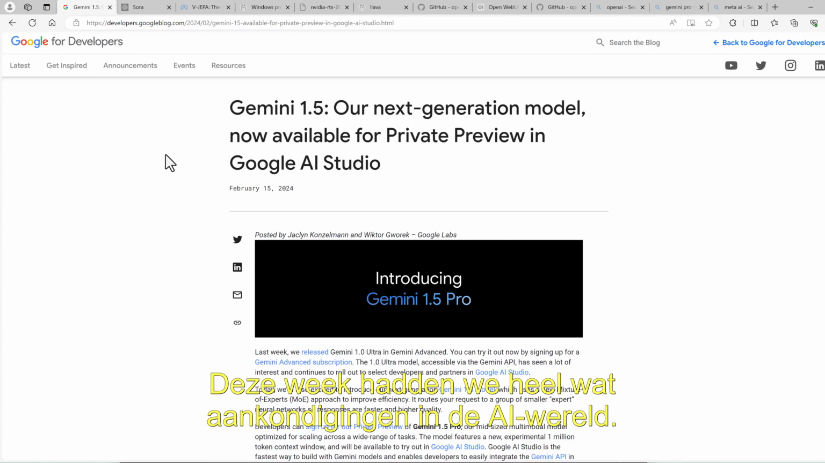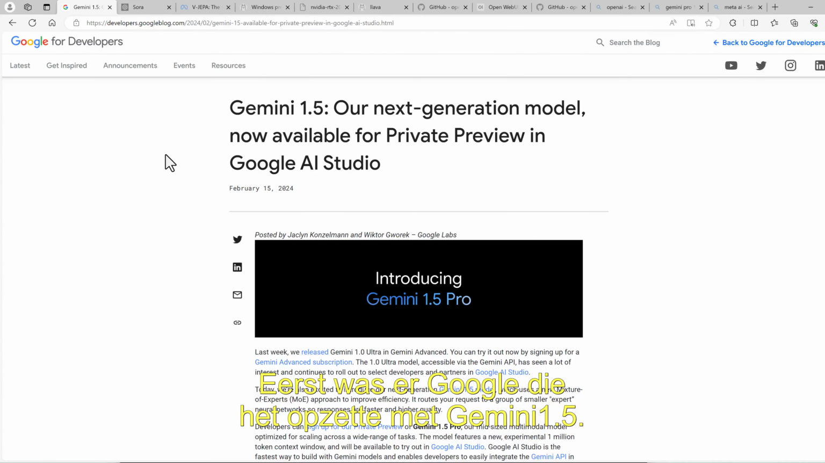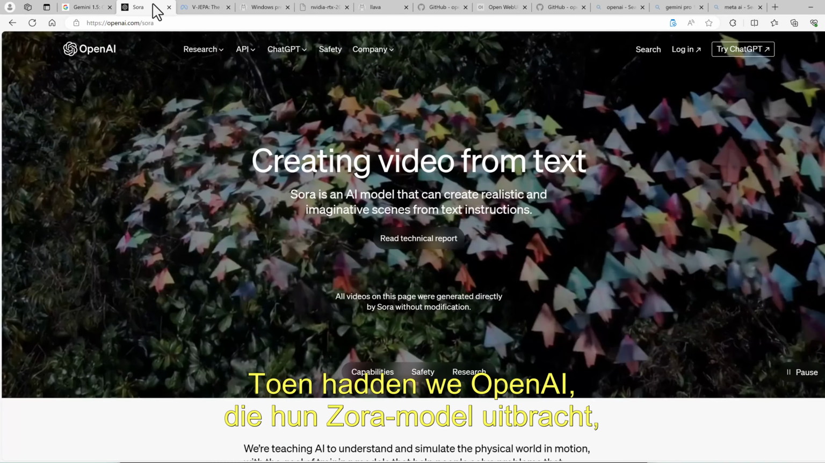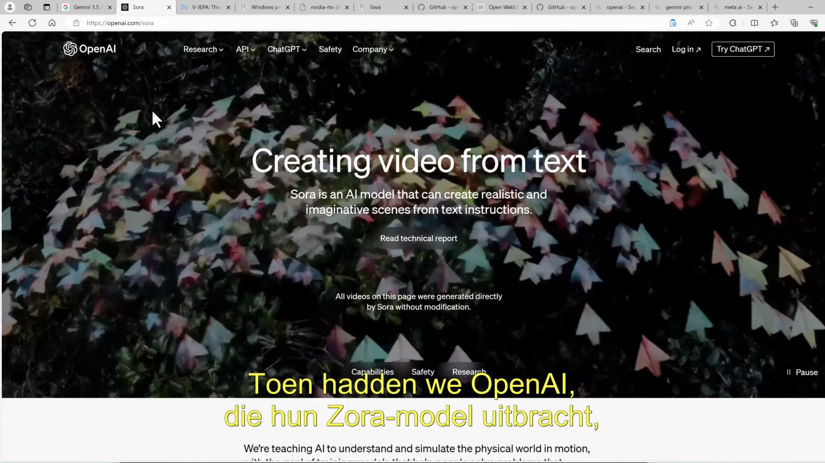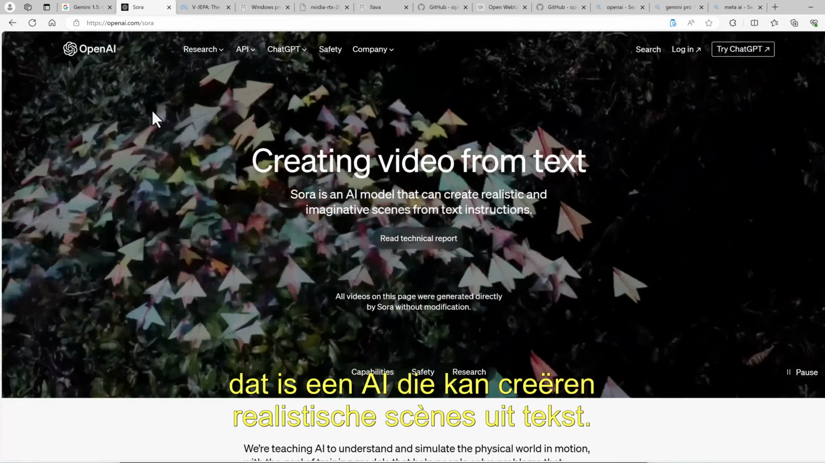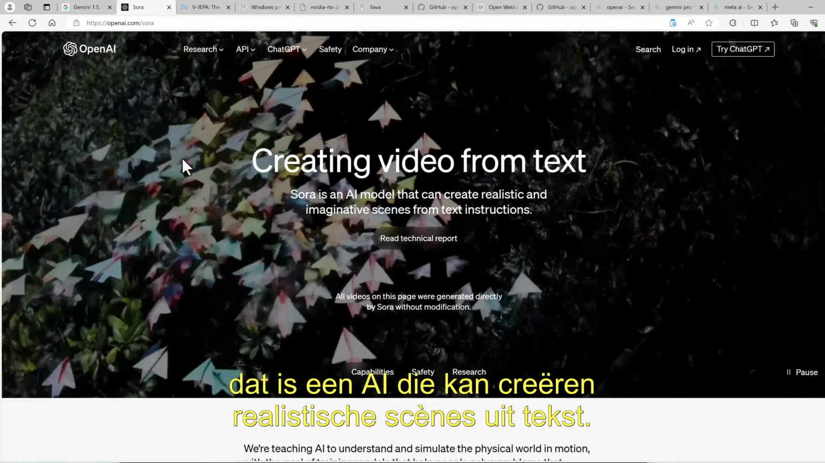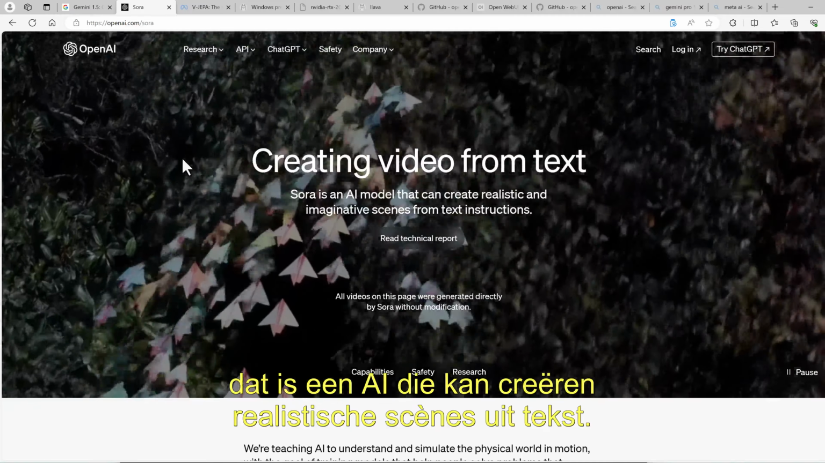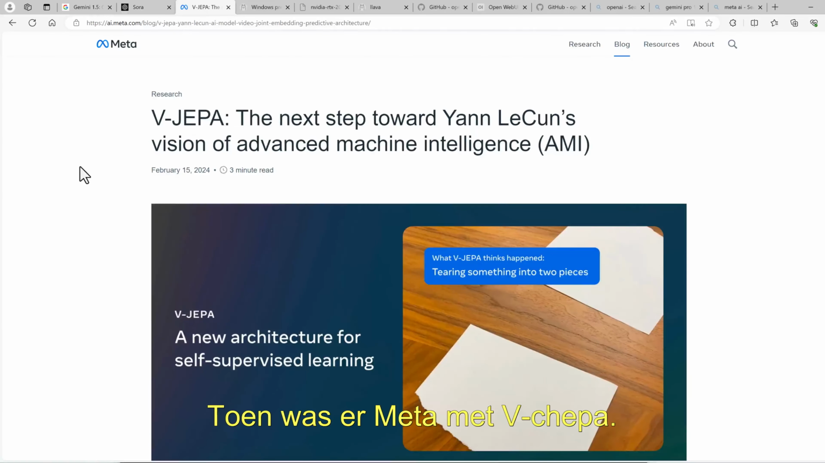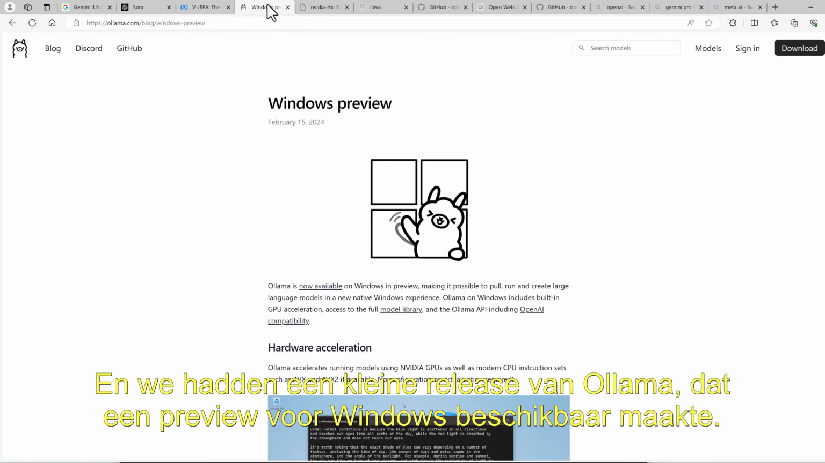This week we had quite a few announcements in the AI world. First, there was Google kicking it off with Gemini 1.5. Then we had OpenAI, which released their Sora model, which is an AI that can create realistic scenes from text. Then there was Meta with V-JEPA, and we had a little release from Ollama, which made a preview for Windows